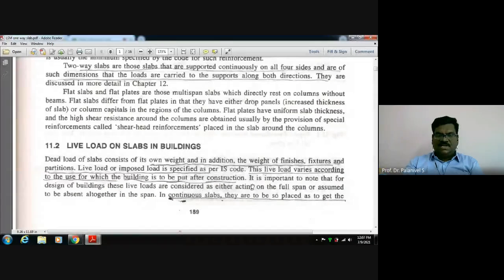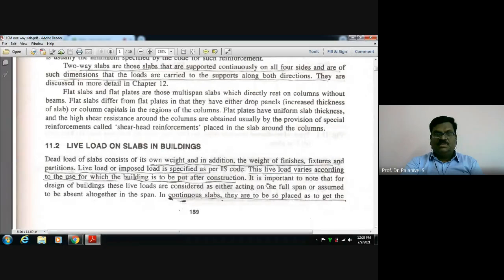For a public building, more live load will come, because more people will be coming and going, so it will be subject to more live load. In a residential building, only a family will be living with some equipment and furniture in the house, so the live load will be considerably less. If it is an office building, the live load will be comparatively more. If it is a public building, like a shopping mall, it will be still higher. A court building or some other public building, such as a bank, will also be high.